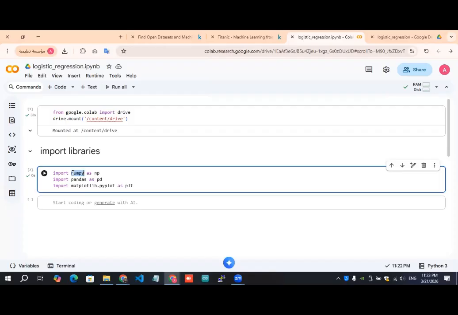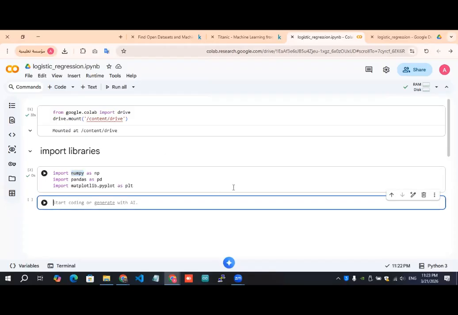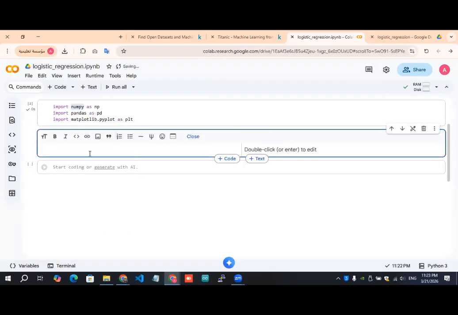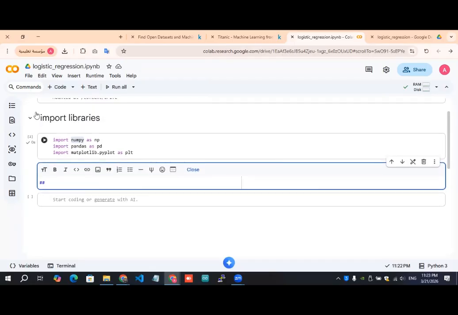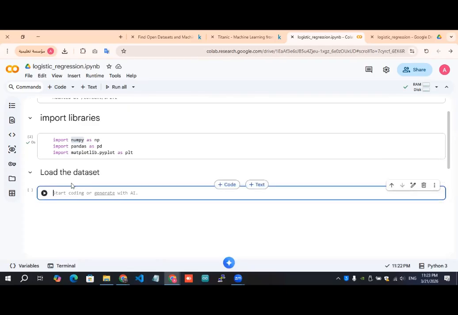Then we need to load the data set, so we need a new text cell. For example, we can add a new text, and we can put two hashes to make it smaller than the import libraries heading, and we can load the data set. So we will create a new variable, train data frame, equal to pd.read_csv,